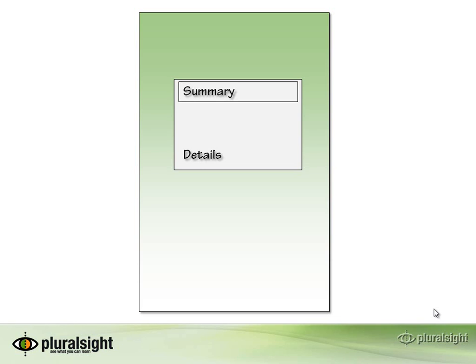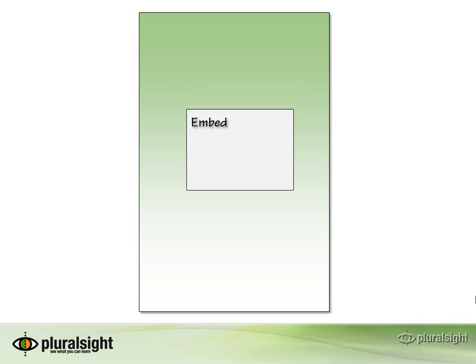So the summary is the information that's showed in the beginning, and when you click on the summary, as long as they're associated together, it expands out and shows the details. Now, right now in late 2010, the summary and details tags don't operate the way I just explained to you in any browser. So this is a feature that is yet coming in the future, but that is how they will interact together. I do have a demo though that uses the details tag to show you that even though the functionality, the inherent functionality isn't there, you can still use it in your current day applications and even style against it. The embed tag is a new tag used to streamline the process of adding third-party controls to your